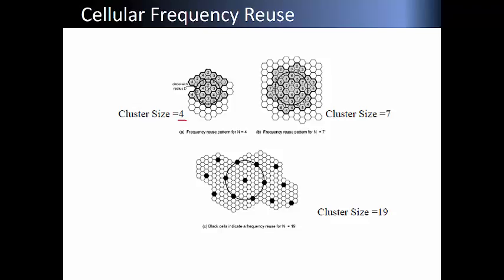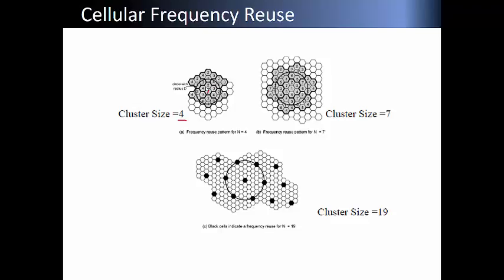Then at the center we have 1, right? And then up we have 2. And then in the middle there we should have 3, so that they are all unique. And then the very next we should have 4. Therefore, any adjacent cells do not have the same frequency band.